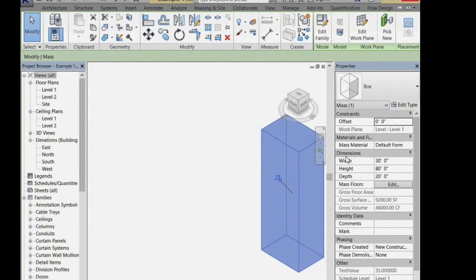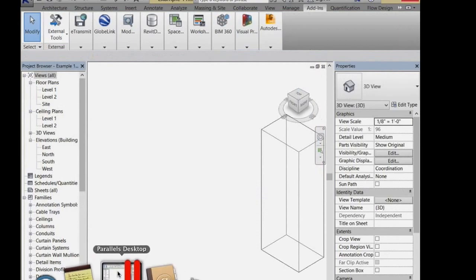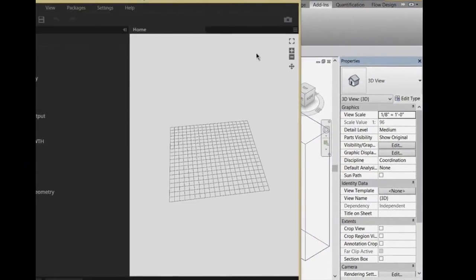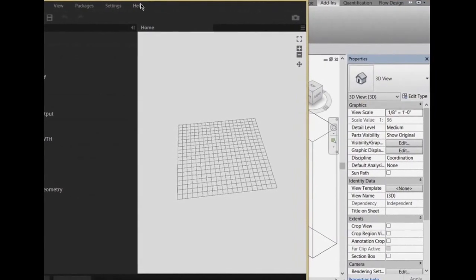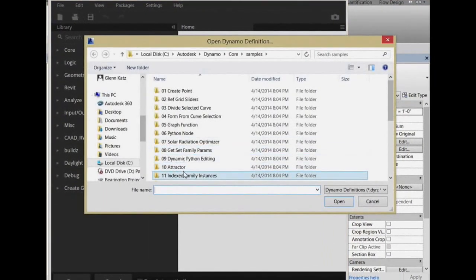Okay, I can work with that same model file. There's really no difference between 11.2 and 11.3 there. So let's go ahead and, excuse me, let's open up Dynamo. And we'll open up the slightly different scripting file. So here's Dynamo. We'll go to,